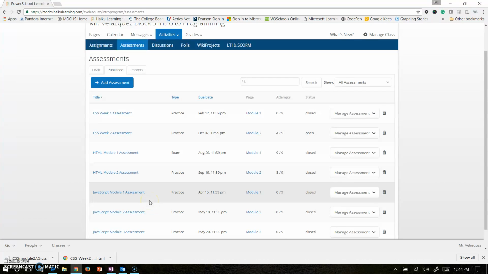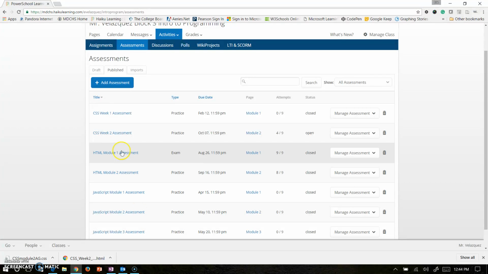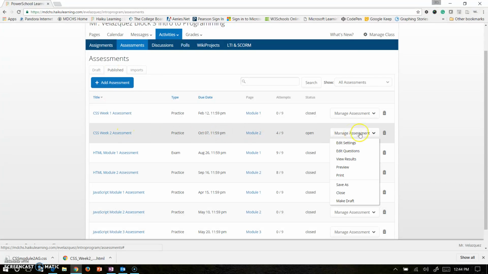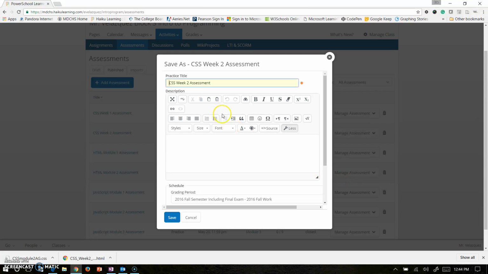So you've created the test and you want to create a second test with extended time for a specific group of students. So I go to the assessment that I've published and go to Manage Assessment, Save As. And what this is doing is creating a copy of this test,